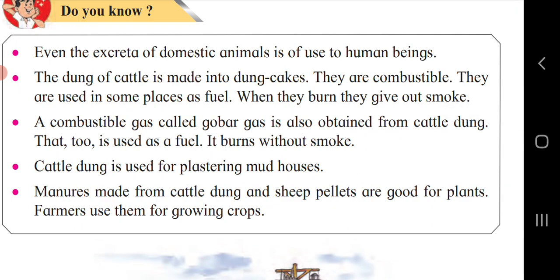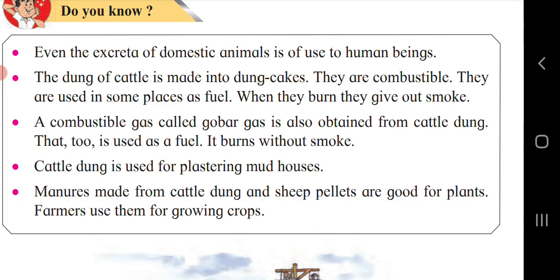Let's see what we had discussed. As we had seen here, we keep some animals with us to satisfy our needs. We also use their services for some of our work. Milk, meat, eggs, etc. are obtained from animals. The excreta of domestic cattle is useful for making manures and fuel.